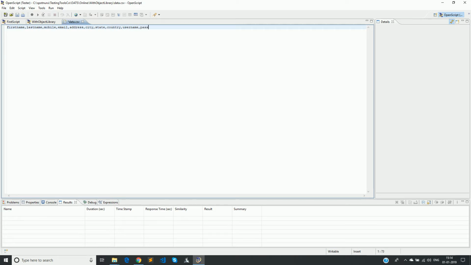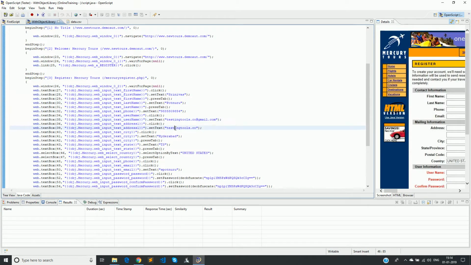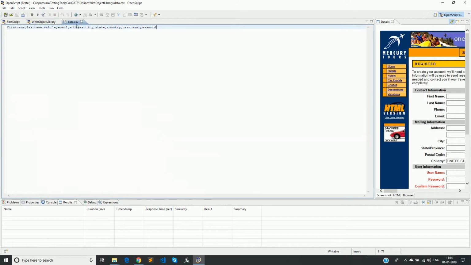So these were the fields that we were actually entering in the registration process. If you see here, first name, last name, mobile, email, address, city, state, country, username and password. So that is what we have given here.